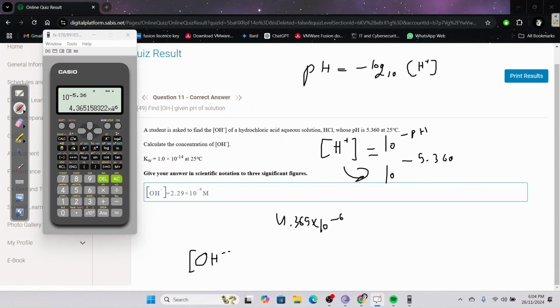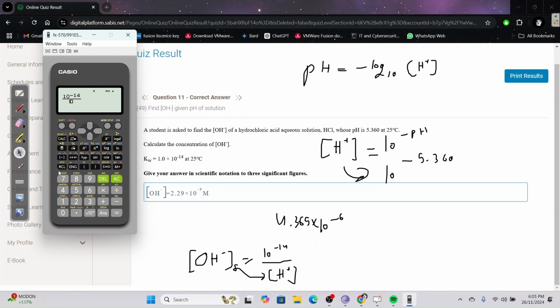OH minus is equal to 10 to the negative 14 over H plus, the concentration, of course. Okay, and again, they're interchangeable. So you can put H plus here, and you have to put OH minus there to find the concentration of H plus. So now what we're going to want to do, 10 to the negative 14